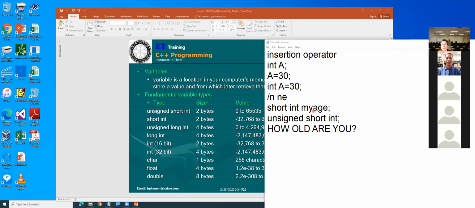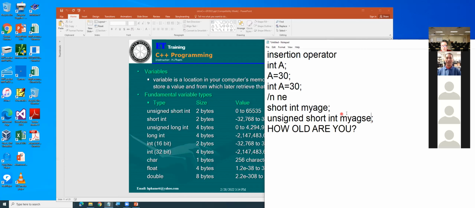So which one do you prefer? They work, no big deal. But I bring it up to see how much you understand. You can say short int myAge, or you can say unsigned short int myAge. So tell me which one you want, first one or second one? Either one works. Both work, no big deal.